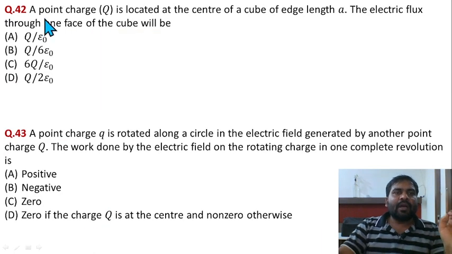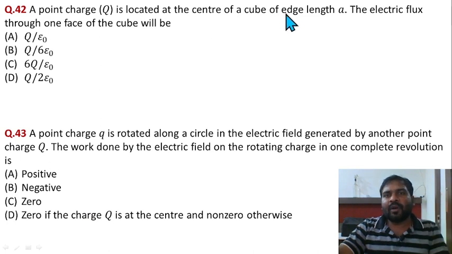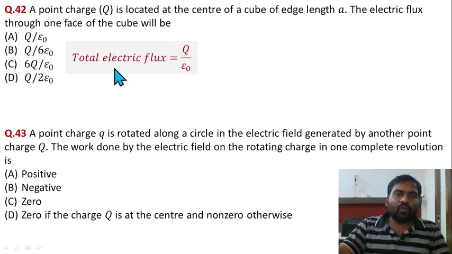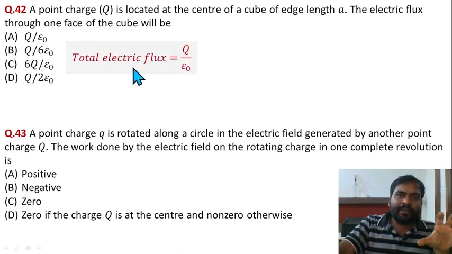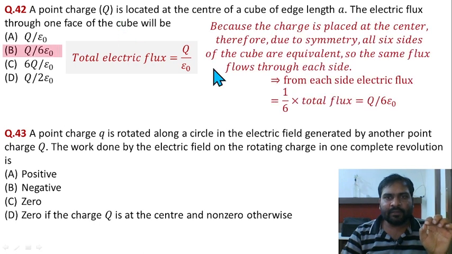Question 42. A point charge Q is located at the center of a cube of side length a. The electric flux through one face of the cube will be? Total flux from any closed body is going to be Q divided by epsilon naught, where Q is the total charge enclosed in that body. Here it is a cube, and because the charge is placed at the center, due to symmetry all 6